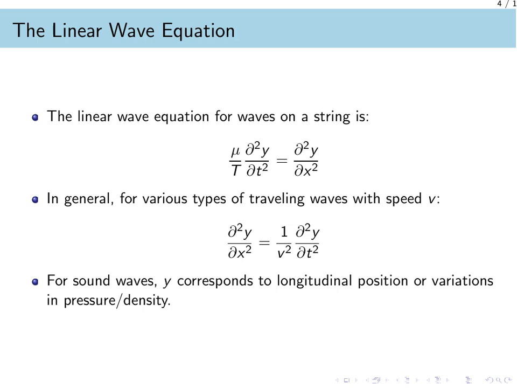To describe these waves mathematically, we use the linear wave equation. For waves on a string, this equation states that the mass per unit length divided by the tension multiplied by the second partial derivative of vertical position with respect to time equals the second partial derivative of vertical position with respect to horizontal position. More generally, for any traveling wave moving at a speed, v, the second partial derivative of the wave function with respect to position equals 1 over the square of the speed multiplied by the second partial derivative of the wave function with respect to time. In the specific context of sound, the variable y represents the longitudinal position of air elements or the variations in